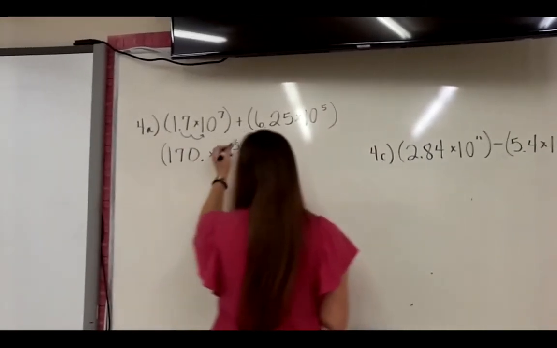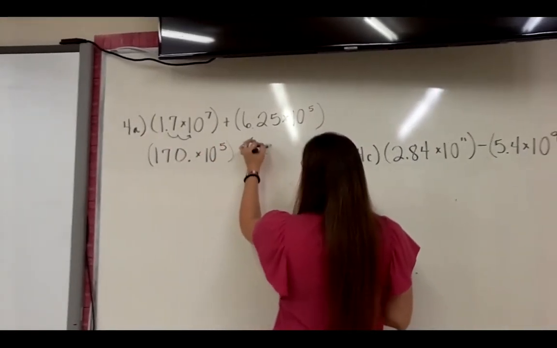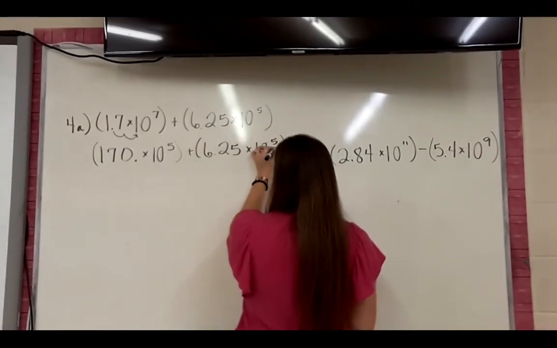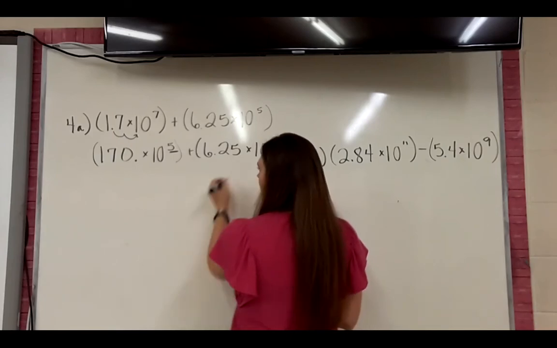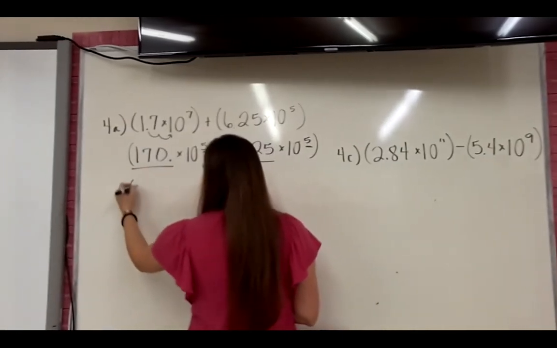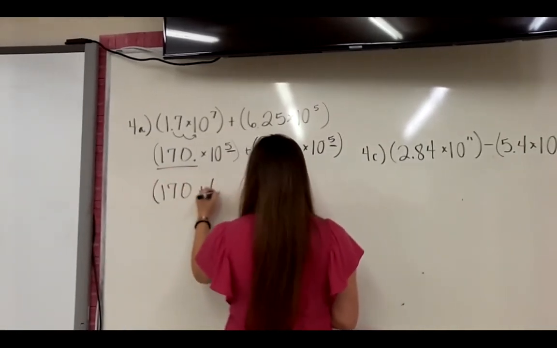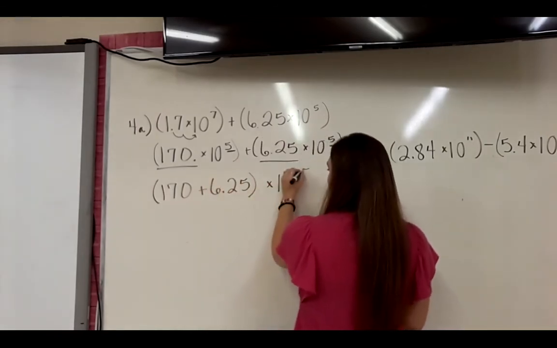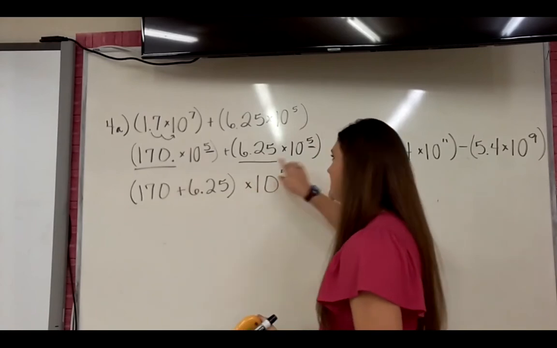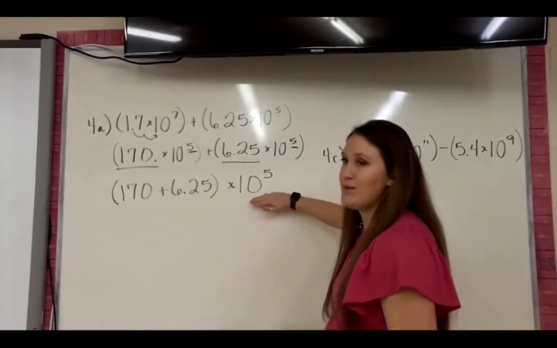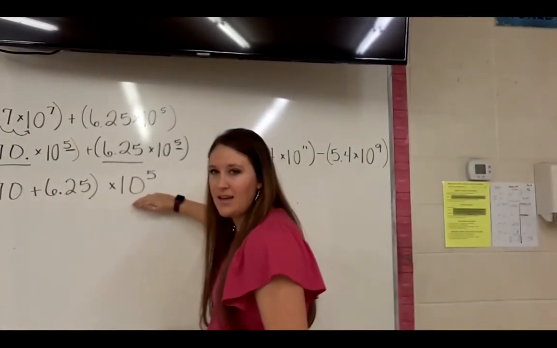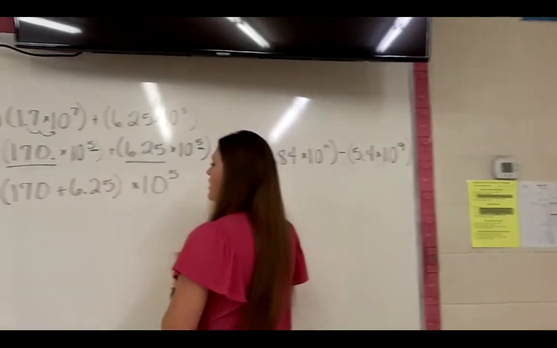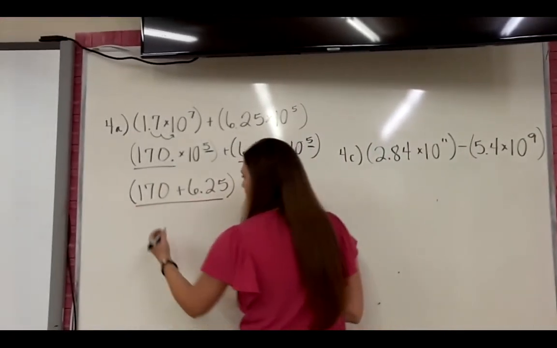So I now have this plus 6.25 times 10 to the 5th. Now that they are both times 10 to the 5th, I can rewrite it adding those front 2 numbers. And it's going to be times 10 to the 5th. Since these are the same and it's adding, you don't do anything with them, you just keep that the same. Just like, kind of like when you're adding fractions, you keep your denominator the same. So now I can just add these 2 numbers. That's